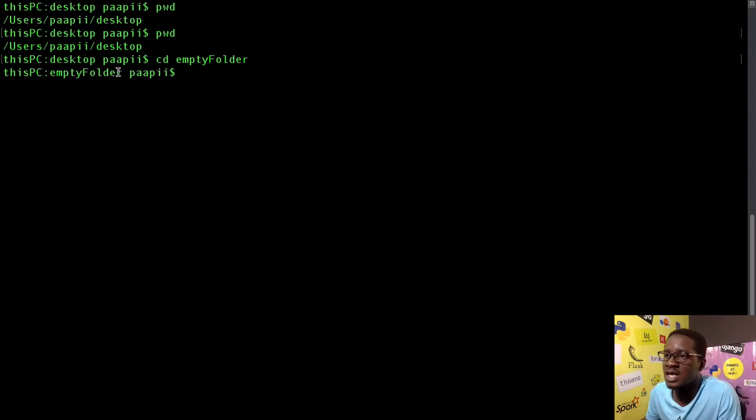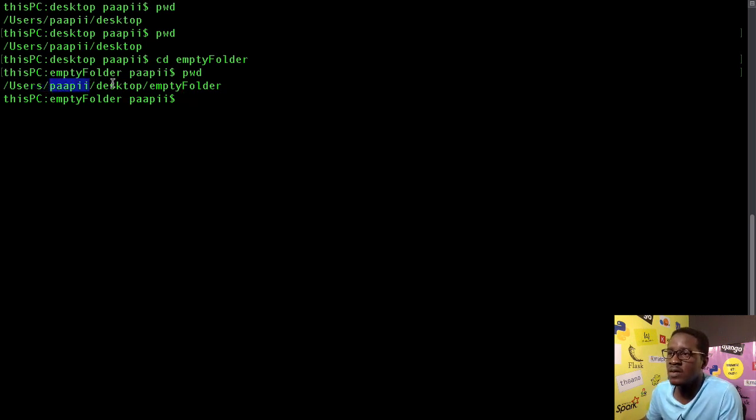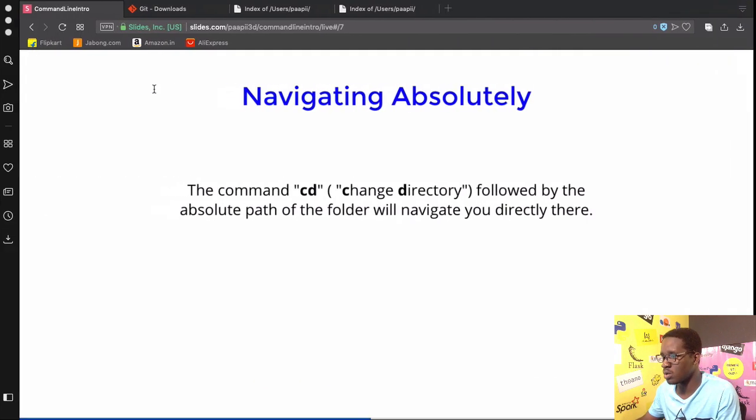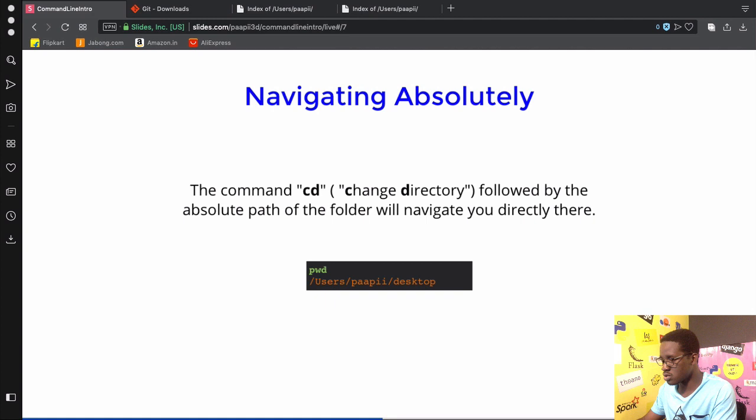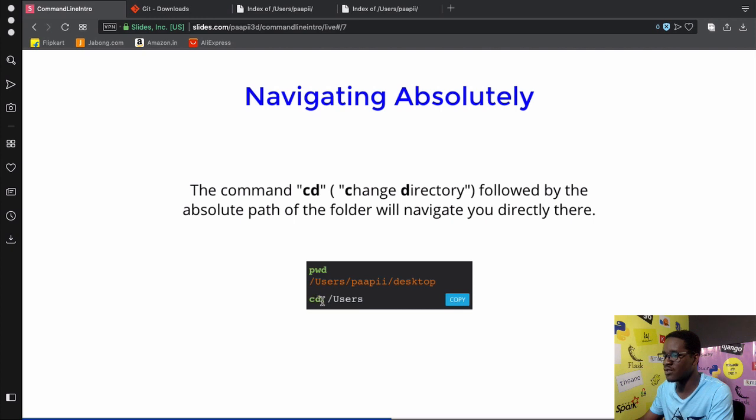You can now see that I am in this place. Let's see our path again, where we are at, pwd, print working directory. You can now see that we have our user, my home directory, my desktop, as well as the folder where I am working on now. So this is it. You print working directory at first, it tells you where you are, and then we want to navigate into